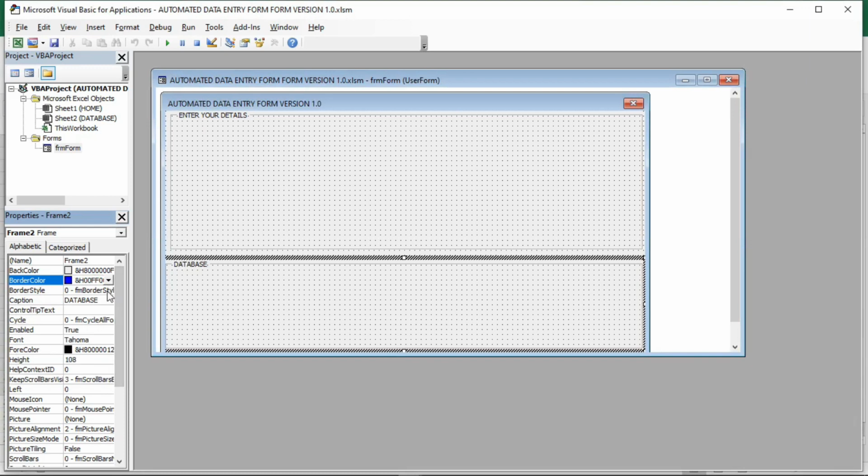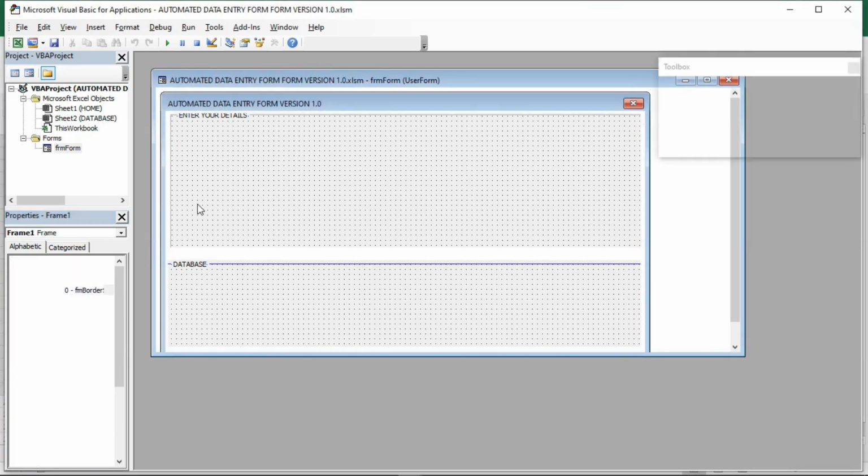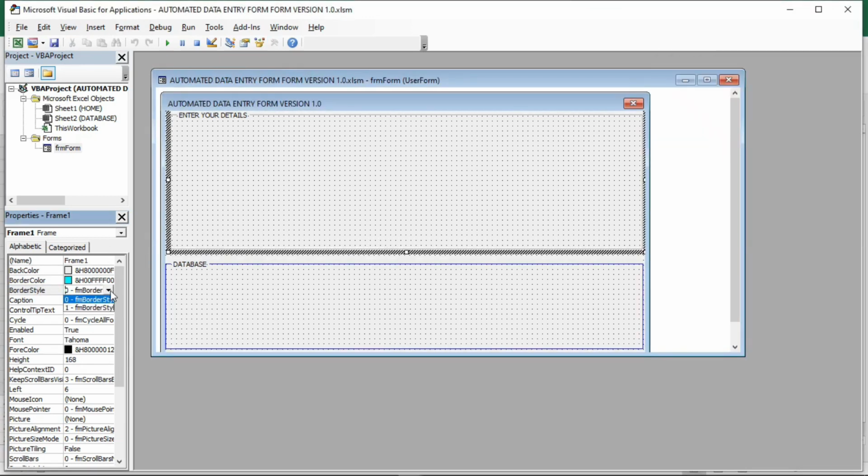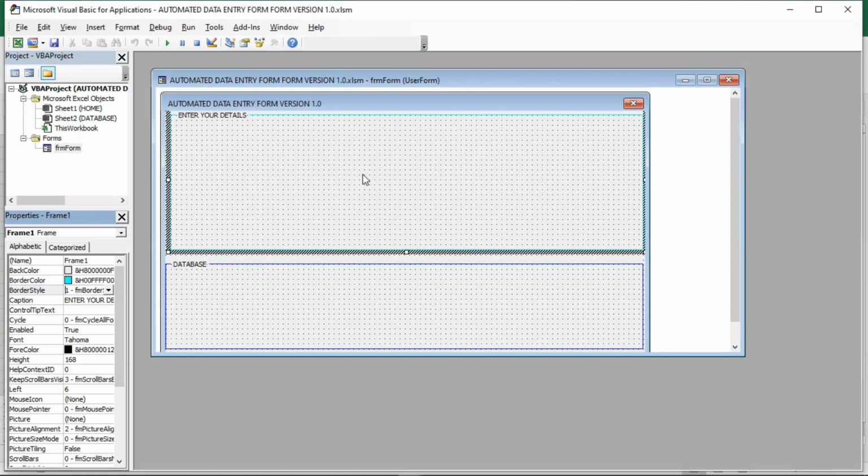And then what else? Ensure that the border style is 1. It is 1. Also in this other one, ensure that it is 1. You select 1, and it is 1. And now guys, I think everything is okay. It's now perfect with us. The thing now is to add